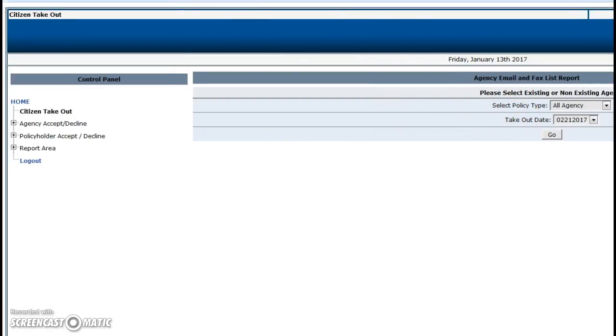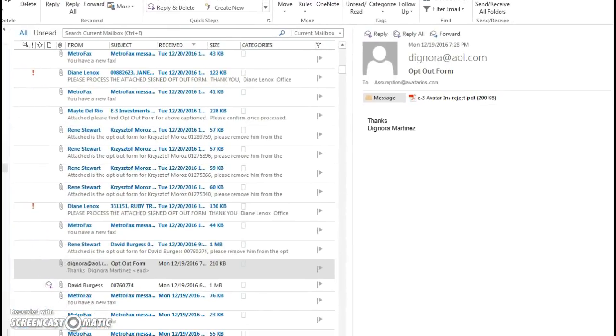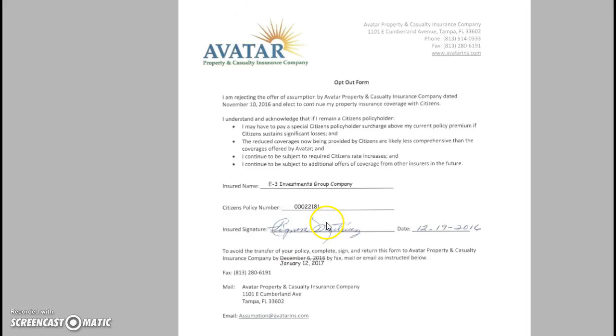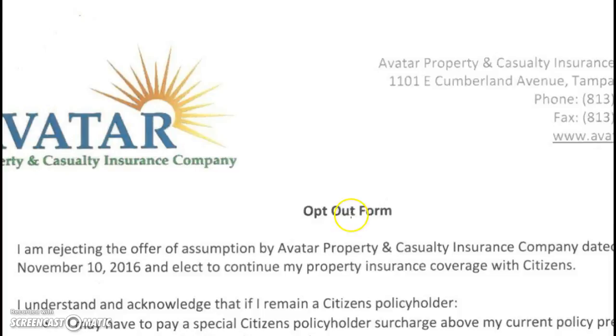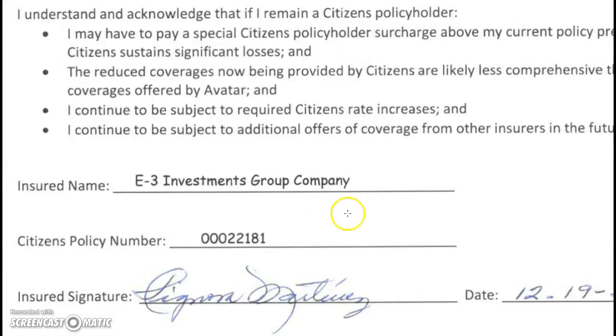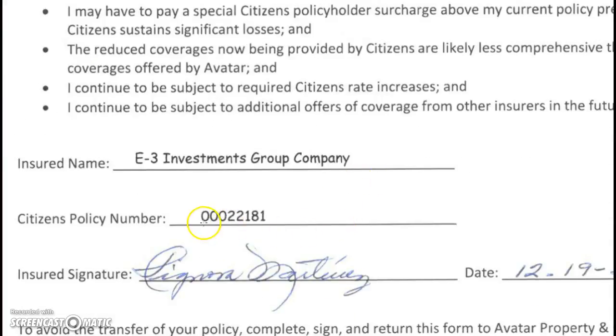Now let me just do a couple examples of simply processing an opt-out. So here we have a particular email. Classic response from policyholders. Basically had no information other than an attachment. We have a standardized form. In this case, they created their own, they filled in their own boxes. So we're going to remember this number right here,